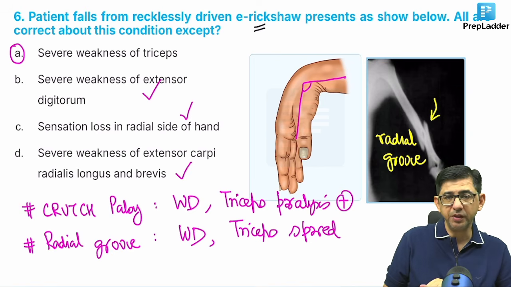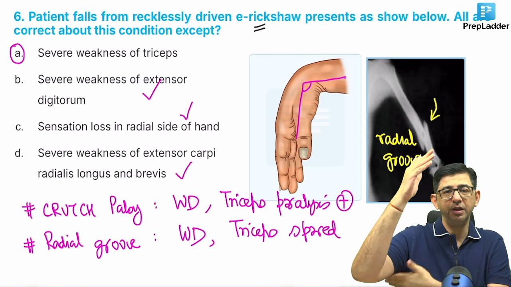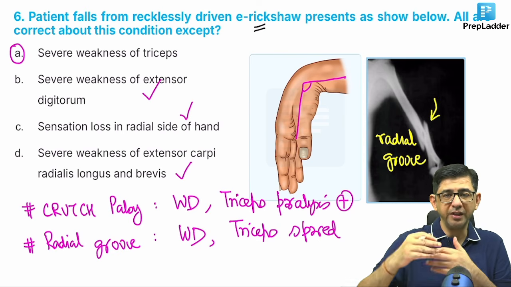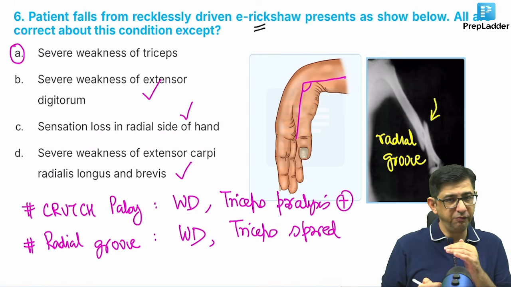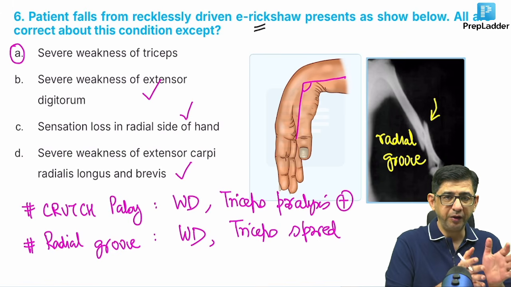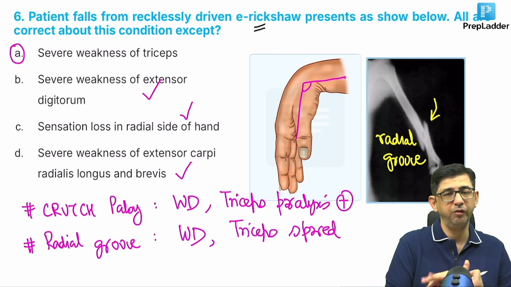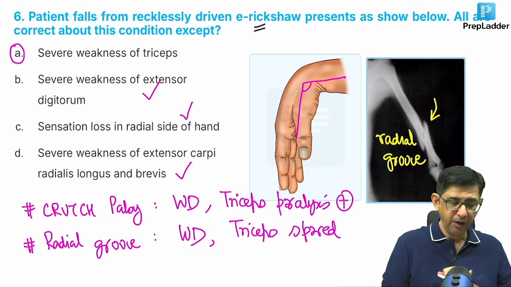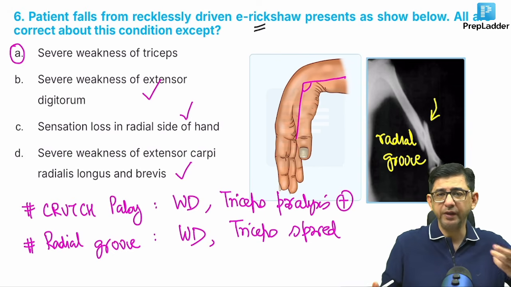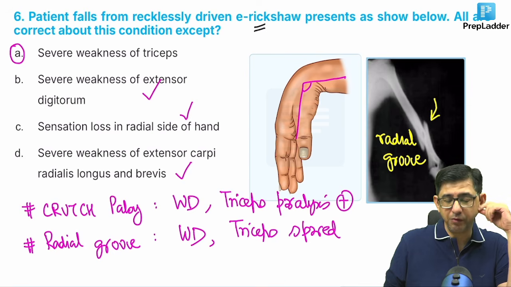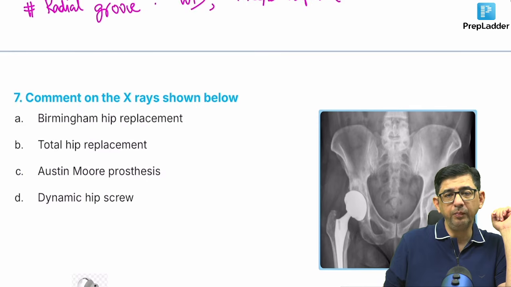So the answer to question number 6 is option number A. Wrist drop is a common thing whether it is crutch palsy or injury here, but the difference is that the triceps nerve supply starts much earlier, proximal to the radial groove. So when there's a fracture of the radial groove, the nerve supplying the triceps is spared, and that is why I have written triceps sparing with respect to the second, and for the first one triceps paralysis has been written. The answer to the sixth is sorted. The position of the injury as you marked is responsible for this. So sixth is okay. We go to the seventh one where you can notice that there is an implant present.